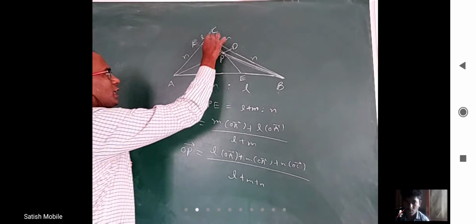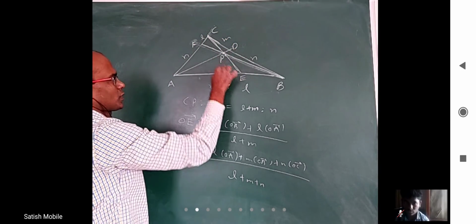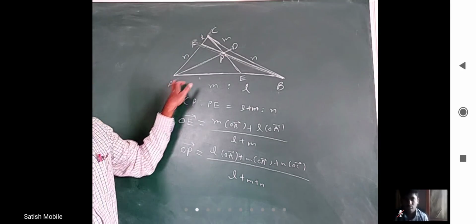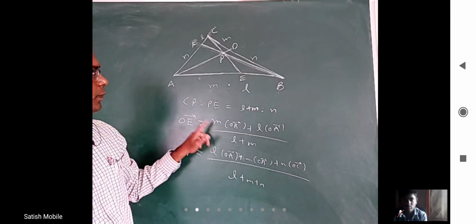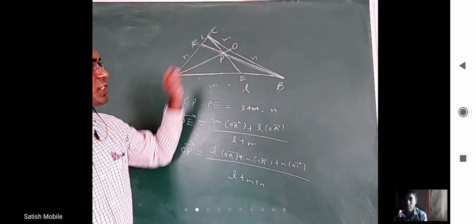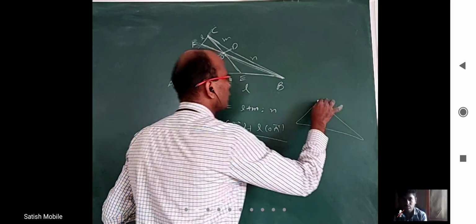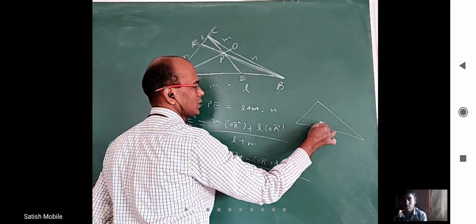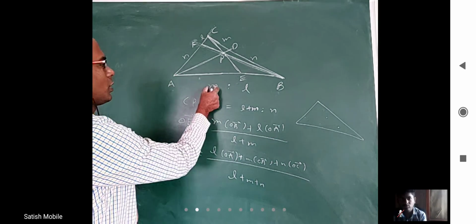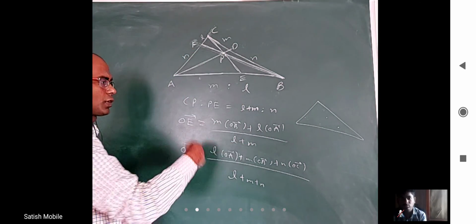We can even tell how much this is to this. Apply the section formula for these two, we will get this point. Then apply the section formula for these two, we will get this point. Now, as P changes, you take a triangle. This point P I can take here, here, here, anywhere. As P changes, all these numbers will change and accordingly your formula will change.